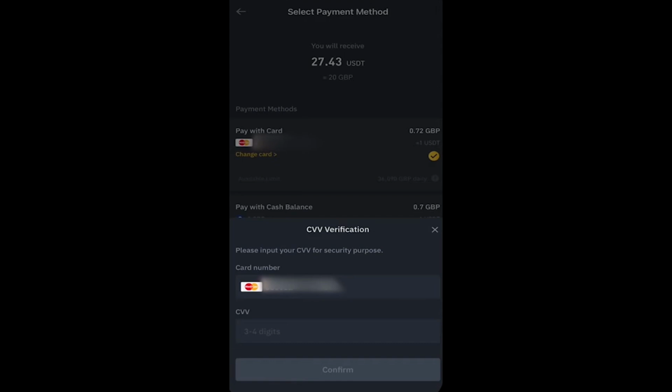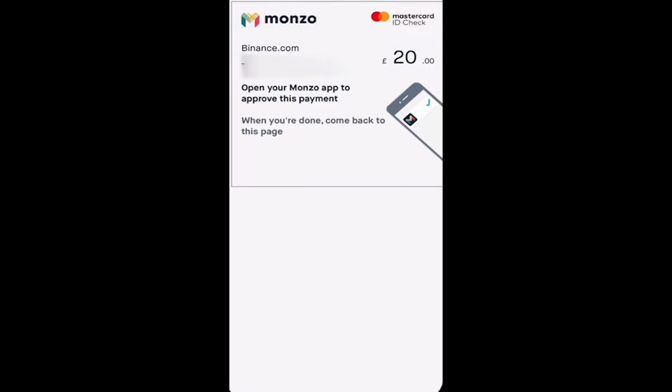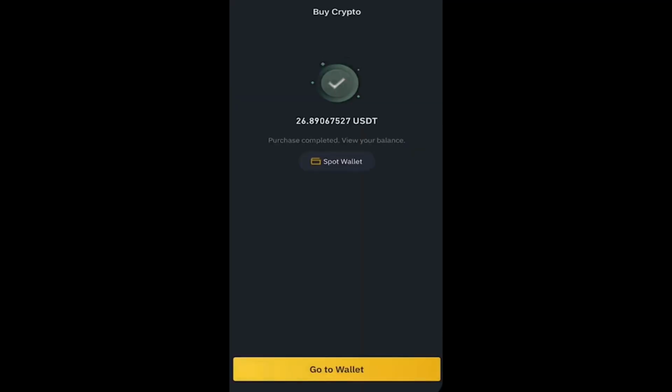If it's your first time, it will ask for your card details. Once you have done that, then you just need to enter your card CVV number. Agree to the terms and click on Confirm. After this, you may need to verify your payment depending on your bank. It would then take a few seconds and you should hopefully see your USDT in